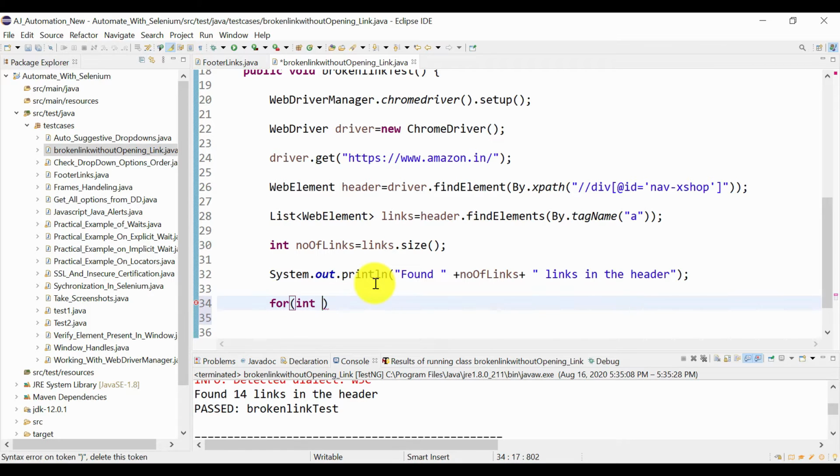For int i equal to 0, i less than number of links, i plus plus. It means we are going to do this for each web element present in this list. There are 14, so we do it 14 times.